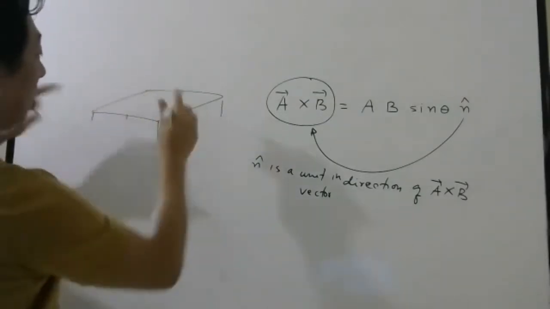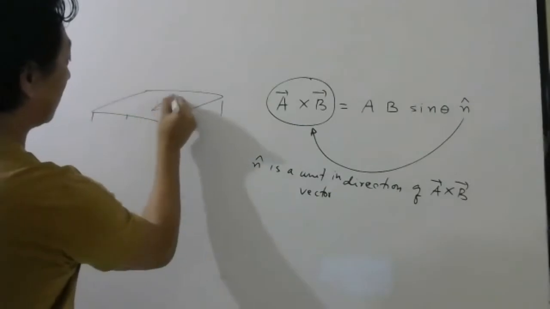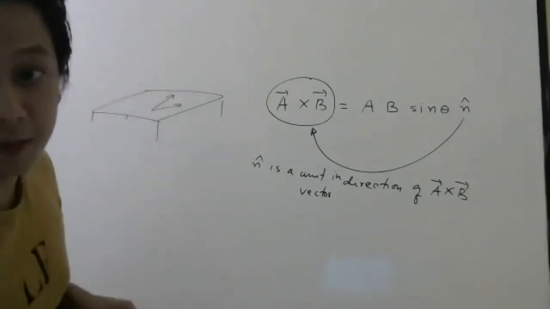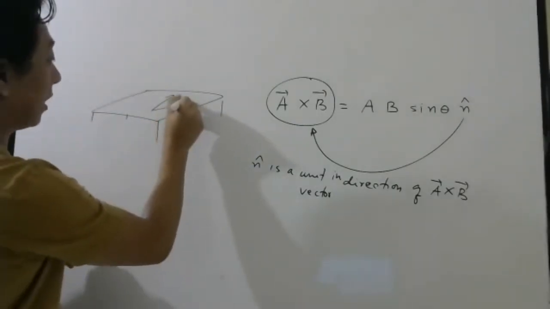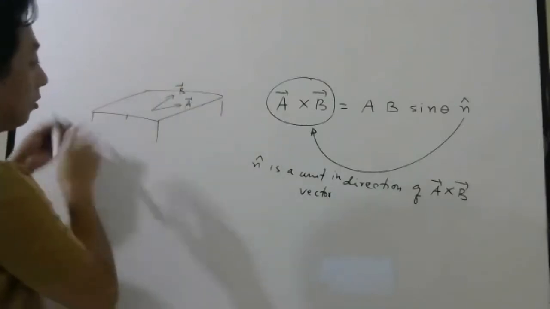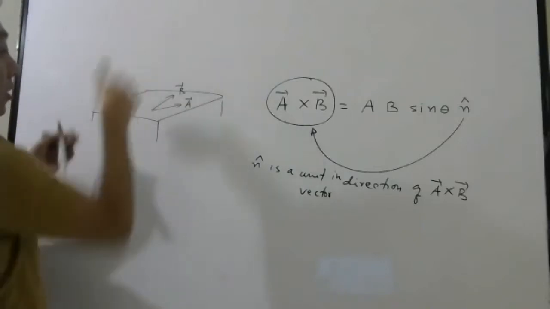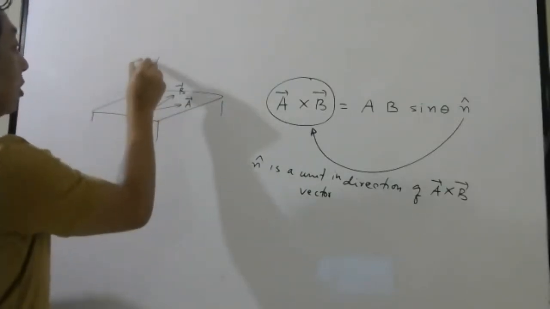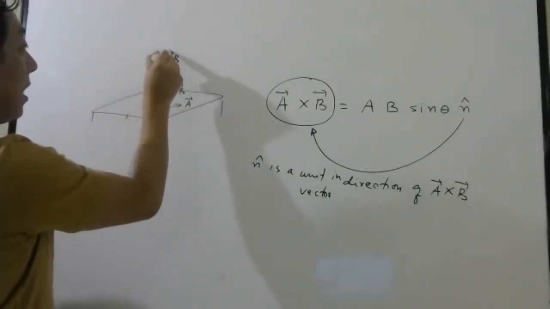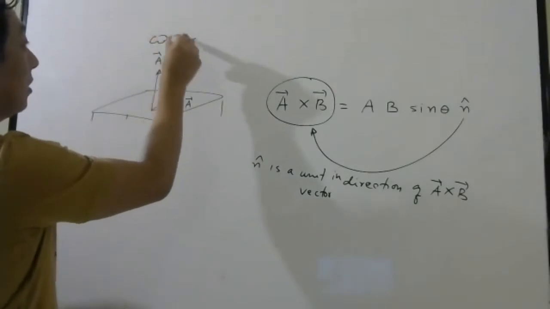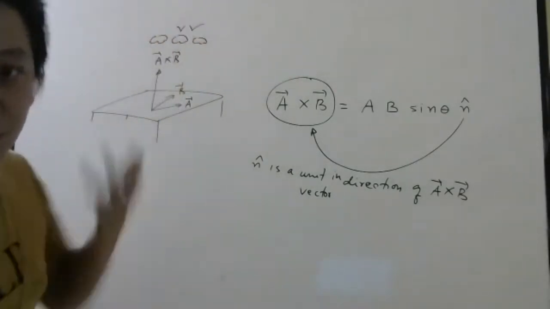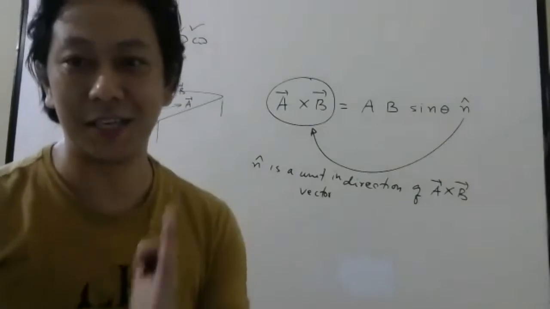Once you do like this, then you put two vectors here like this. So these two are on the table. This is A bar, this is B bar. Then you have to curl your fingers from A bar to B bar. Then this will give you the cross product. And if you can put clouds here with birds flying, even better. Then we will understand it is up.